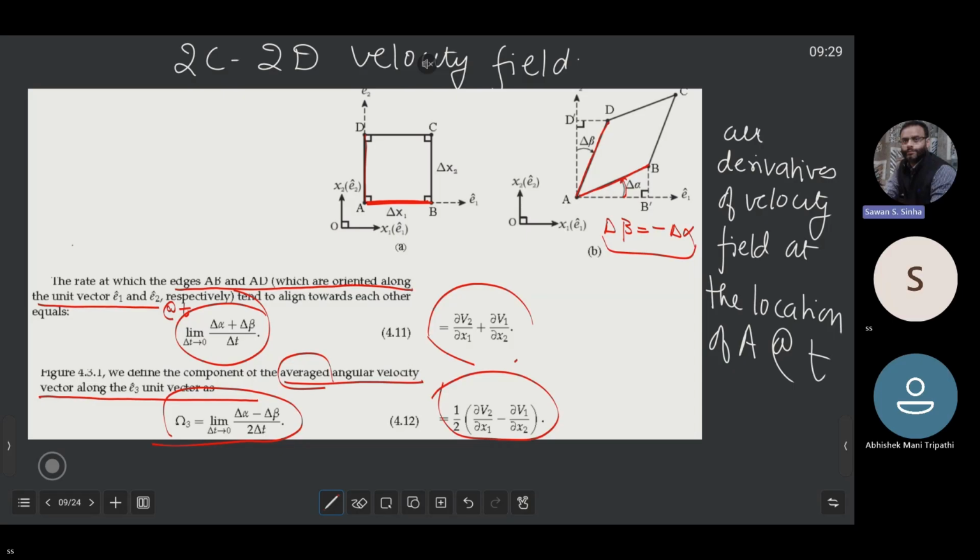So I cannot define angular velocity, but we insist that we want to define a quantity that gives some averaged measure of how the fluid element is rotating. We define a new quantity, the averaged angular velocity, which is what? Delta alpha